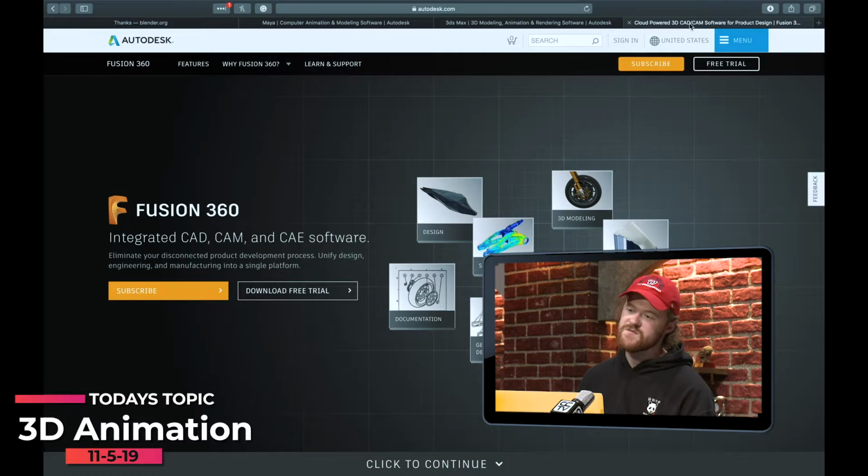The student version is free, just like all of the other Autodesk softwares, and it's both easy to use and it creates a learning environment that can help you move forward if you would like to go into something like CAD design. I personally have a friend who has gone into CAD design as a career, and he has said that Fusion 360 is his favorite out of them all.